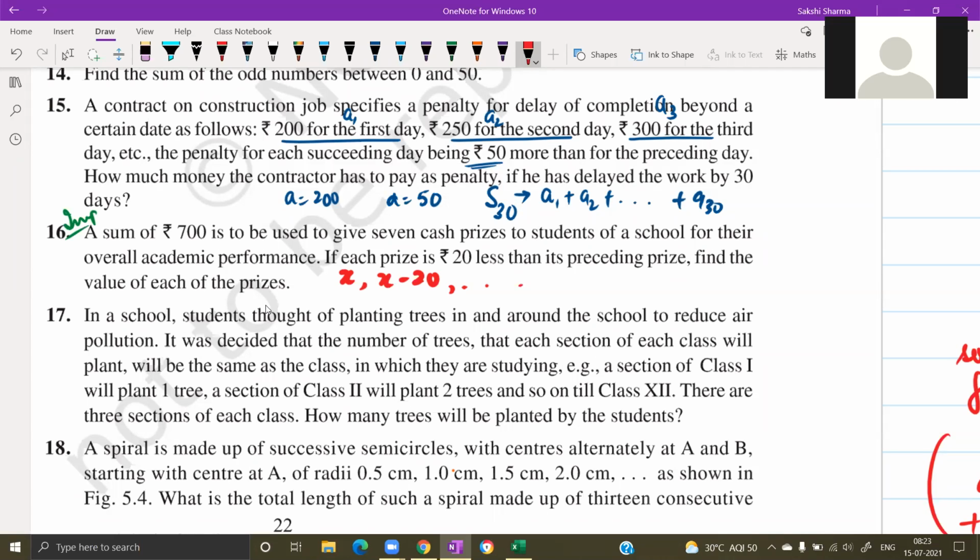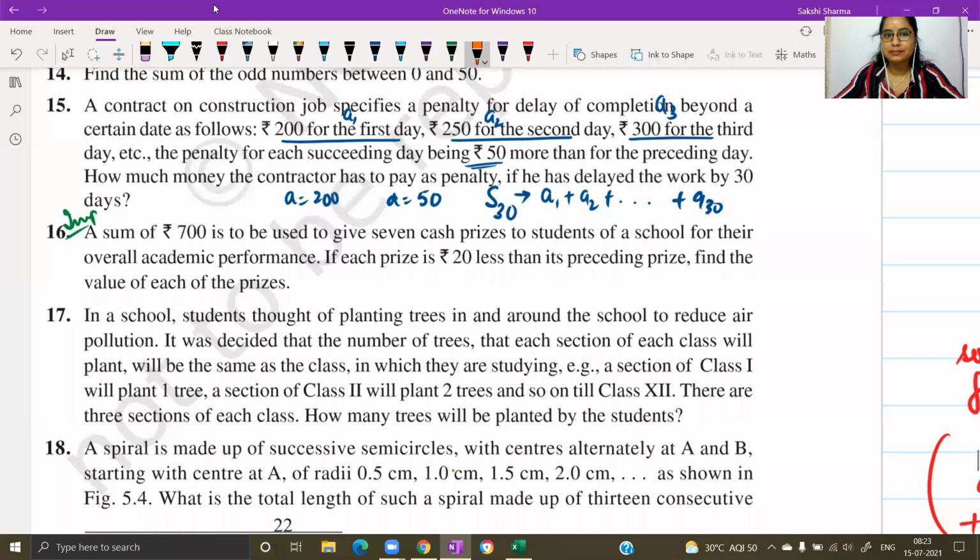Excuse me, ma'am, can I? Yes, Manya. Ma'am, we will first say that Sn is equal to 700. All right. D is 20. Be sure. Yes, ma'am, D is positive 20 or negative 20? Minus 20. Minus 20. Give it a try. Just सिर्फ ये change होगा ना. आप हमें method बता दो. Calculation मत बताना.